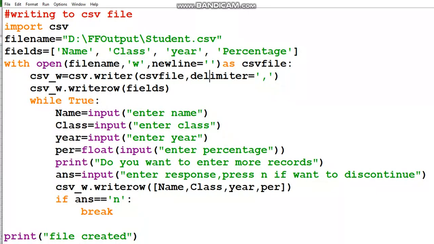You can try omitting this and you can see that an extra line is there between the records. Records are already getting stored in a new line, meaning each is stored as a fresh record, and in between, again a line is getting generated. To avoid that, this is written.